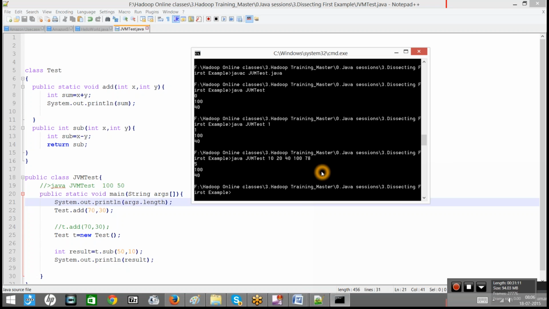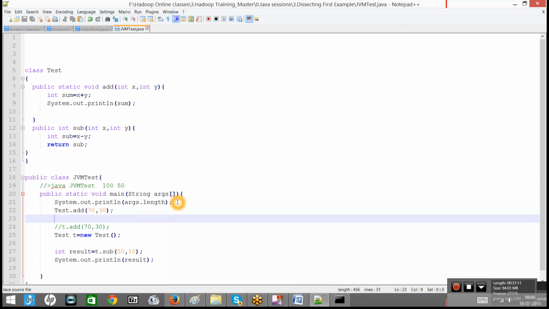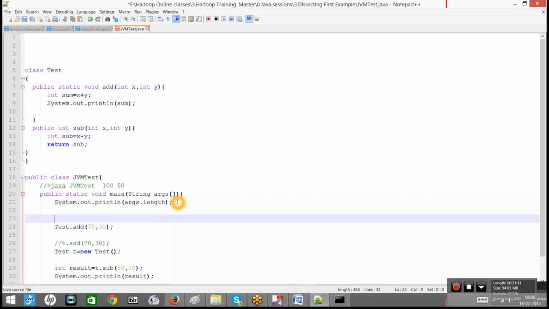So my code should be designed in such a way that it expects only two arguments. Now let's assume I'm going to execute my program in this way. So the first element is 10 and the second element is 20, right? Now here, what you do, you just write